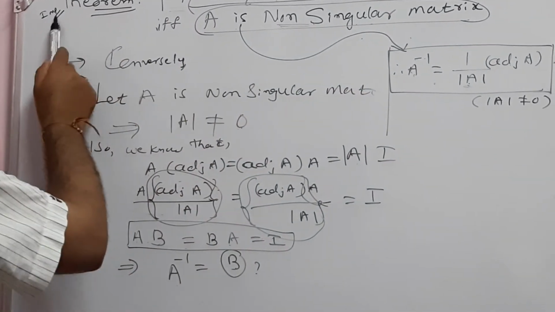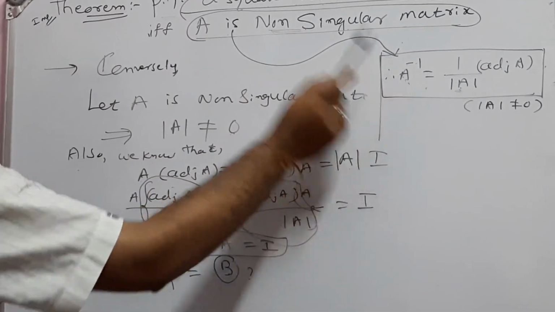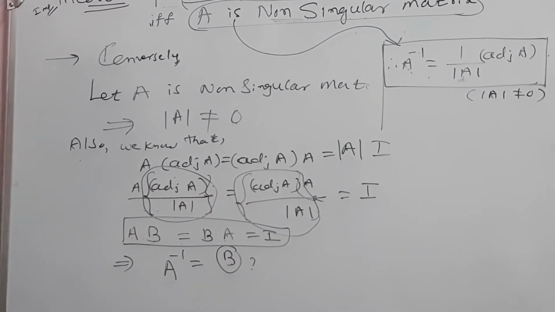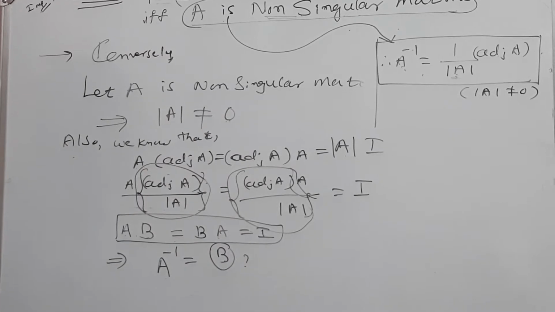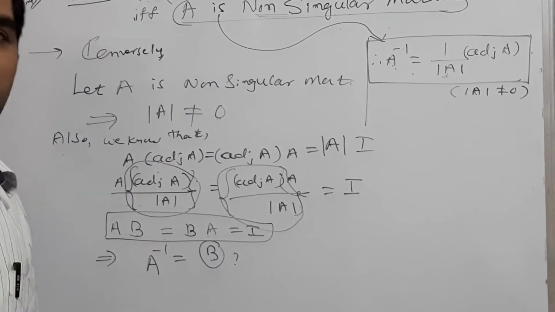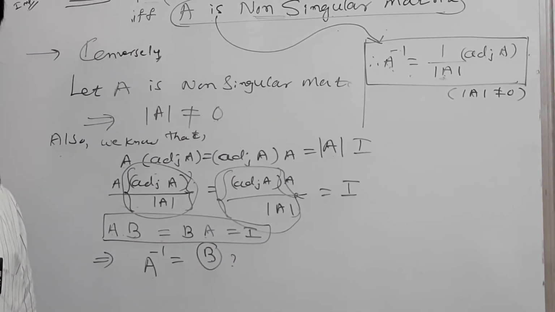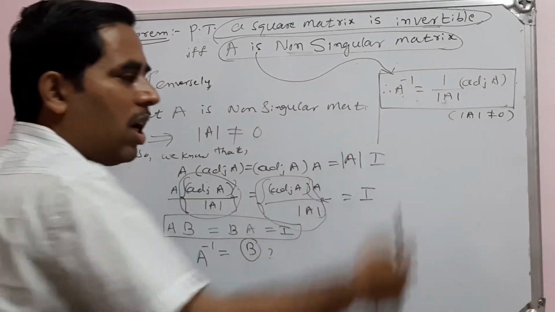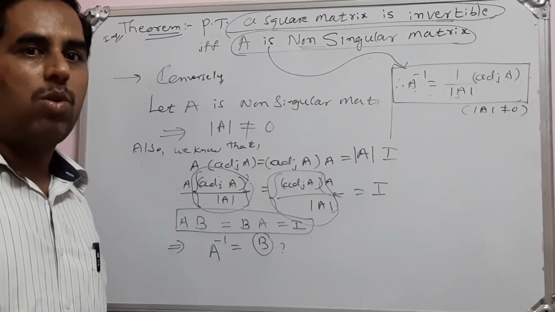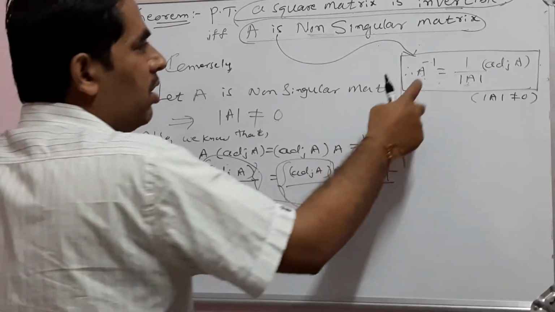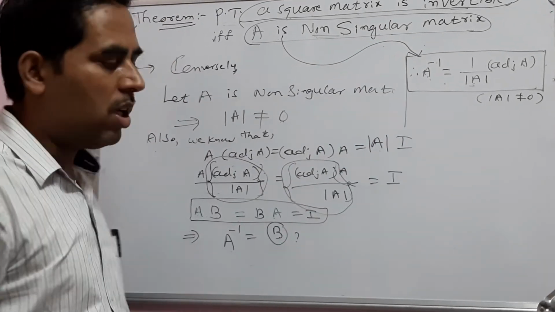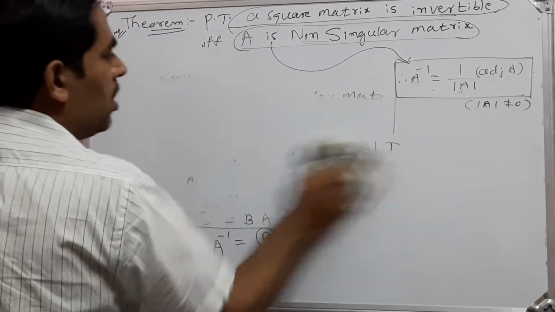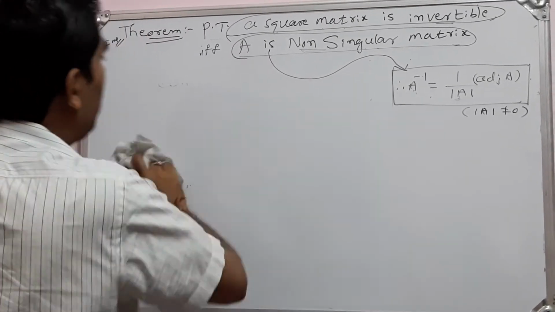So this is one of the very important formulas to remember. It will help in finding the inverses of given matrices directly by using the formula. In the matrices chapter, we applied a sequence of row operations to find the inverse of the matrices. There we had to use row operations. Here there is a direct formula to find the inverse of the matrix. So I have proved this theorem here.